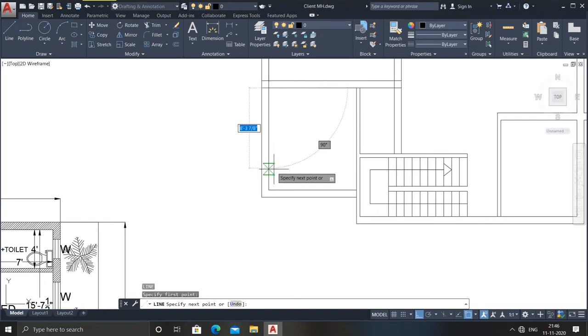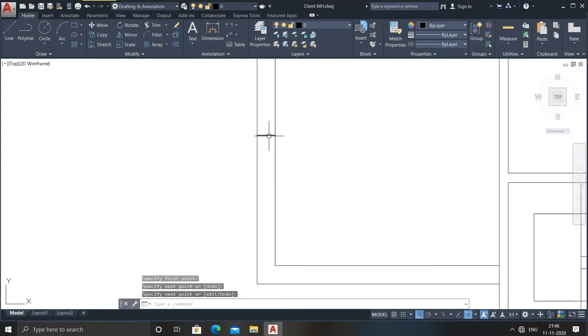Just go for the line command from here to here. If you take the line command again, you can get your middle point. Just click it, and you get the middle point line. Go for the option. Now I need to provide only a 3 feet door, top and bottom. Just go for trim.